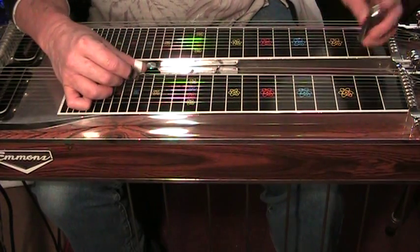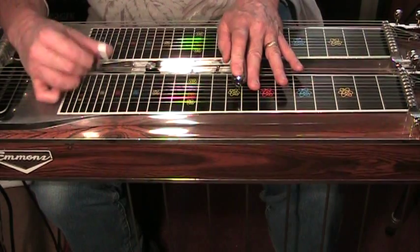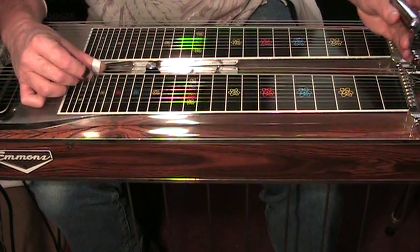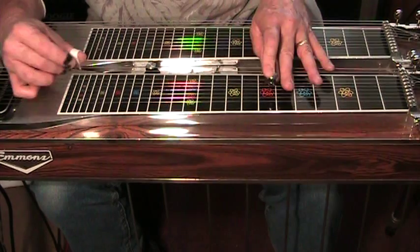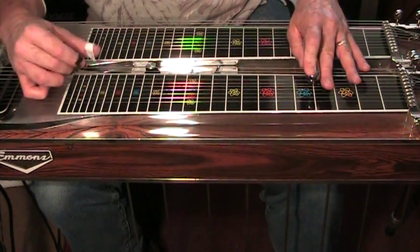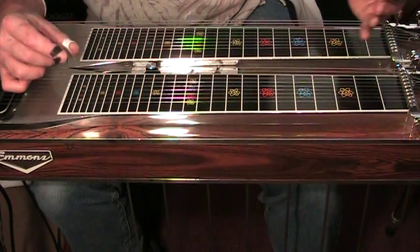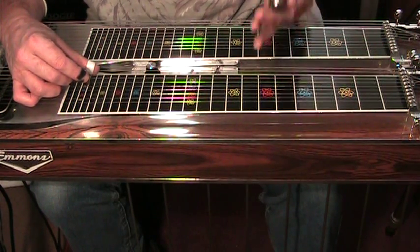The bar control exercise is palm blocker, as you see, and then and you work your way up and down the neck. So you're first doing every 2 frets, then it's every 3 frets, then it's every 4 frets, and every 5